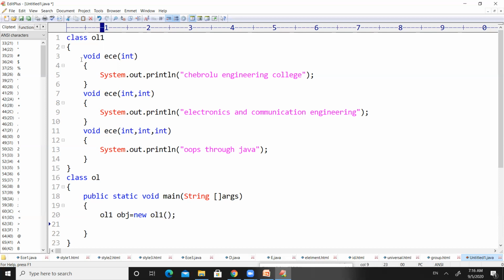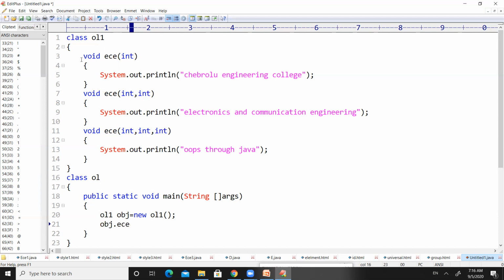The people who don't understand what an object is, why an object is created, how objects are created and used in programming, can see the previous video on classes and objects, the first part of OOPS concepts. Here I have created an object called obj for OL1, and with this obj I will execute all